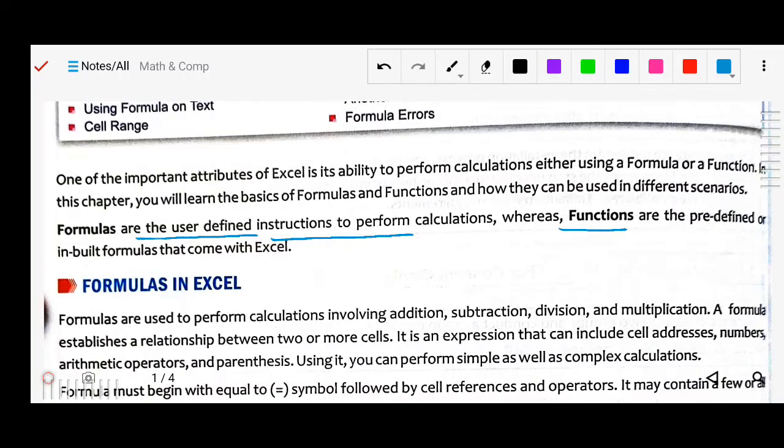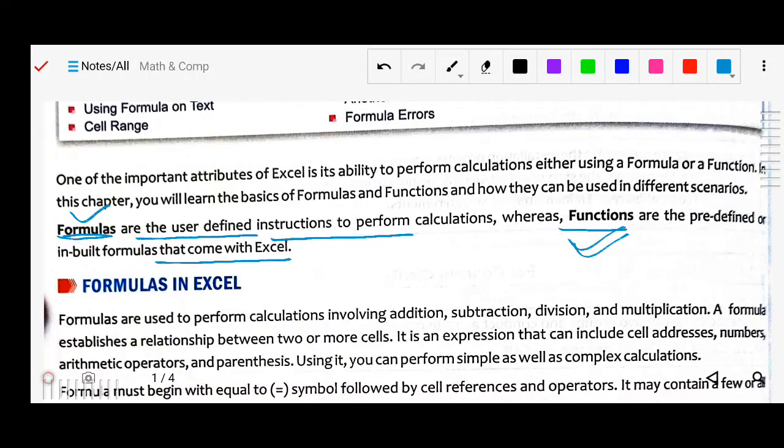Okay, Excel is also called a spreadsheet. So that is predefined, already inbuilt, that is called your functions. Okay, so the difference between formulas and functions: formulas are what you define, functions are predefined. Got it?